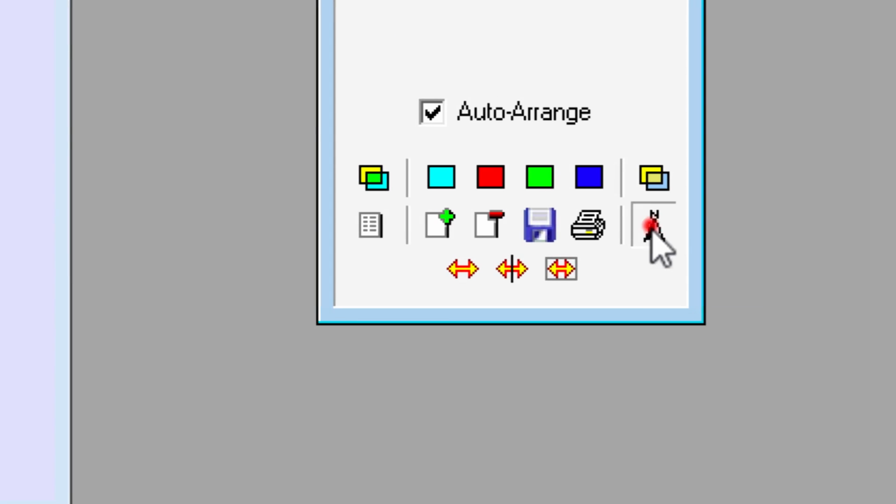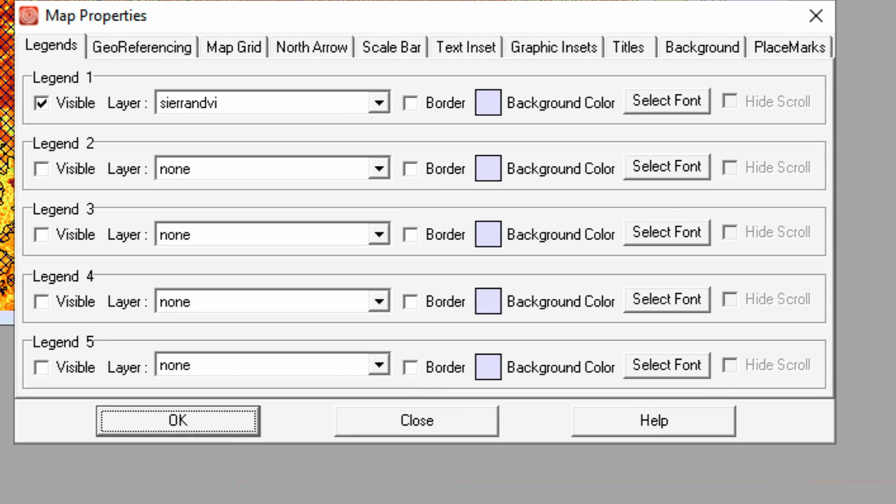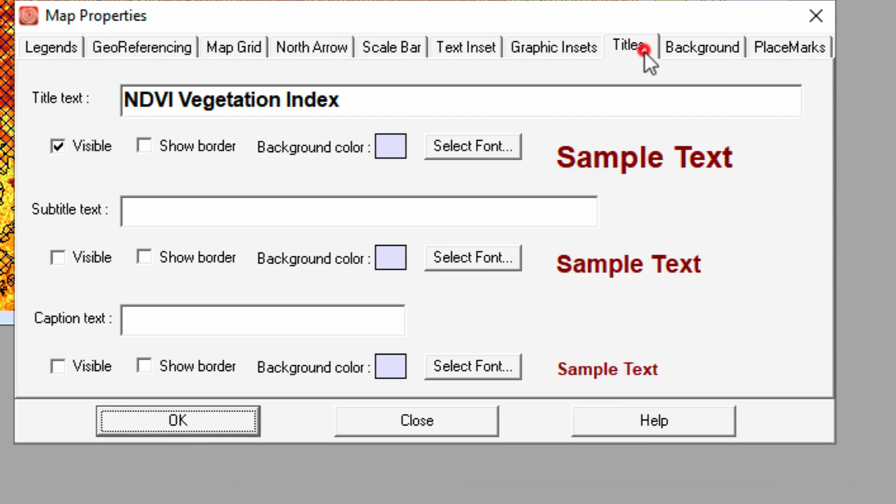So this is map properties. Click on this map properties, and then you'll see a lot of tabs here that give you a lot of customization options. All you're going to do for this assignment is click on the tab titles right there. And then you see the title here is NDVI Vegetation Index. All I want you to do is put your mouse cursor here at the beginning and then type your name